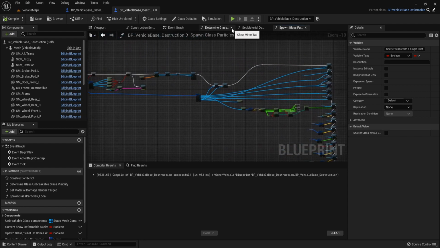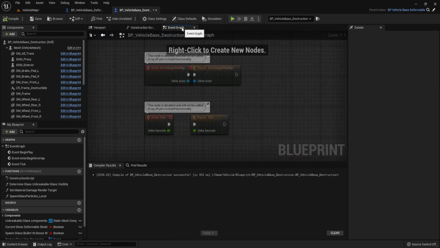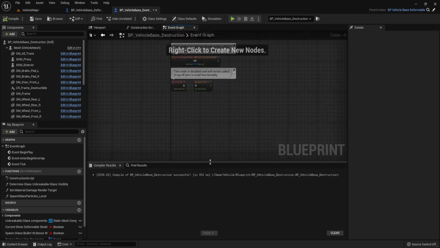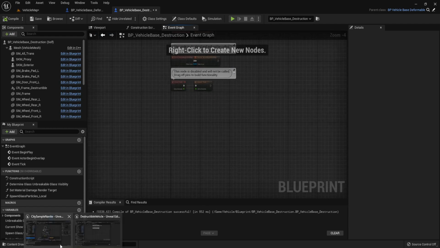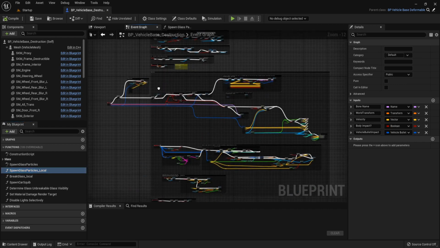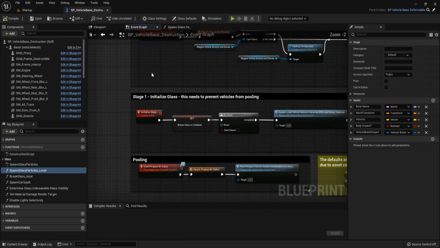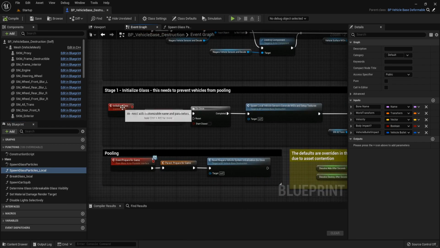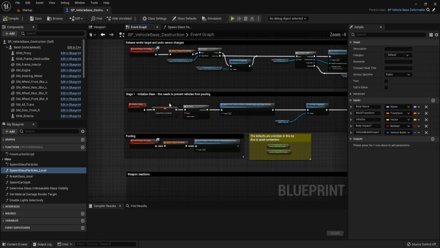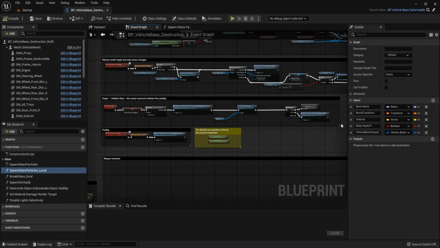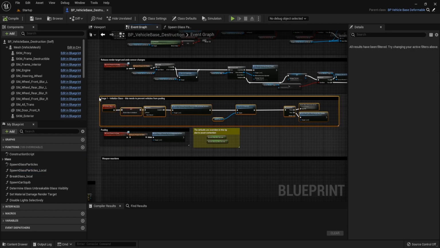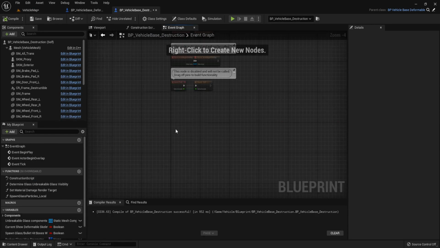Close this function. Go to the event graph. And we see in the city sample project, first we need to initialize the class. So copy this initialize event and then paste it here and confirm.